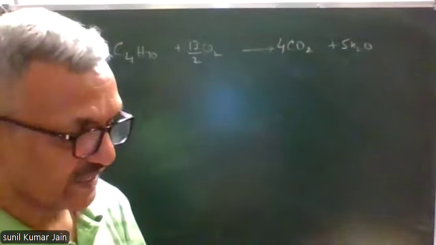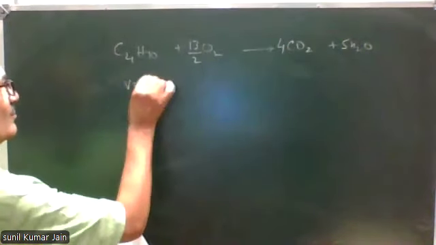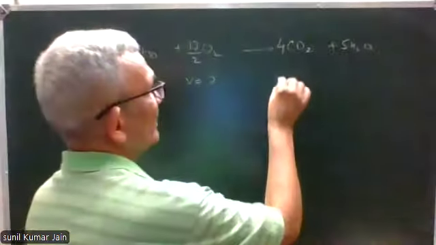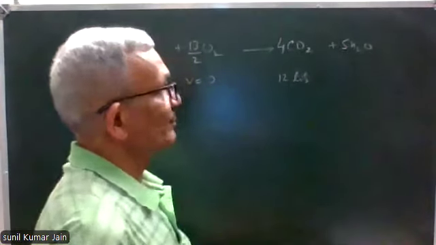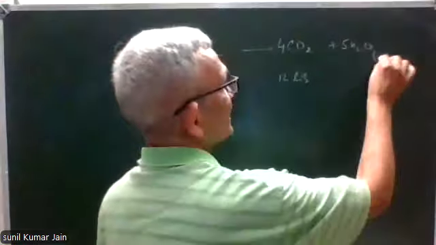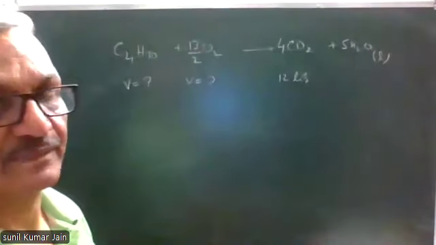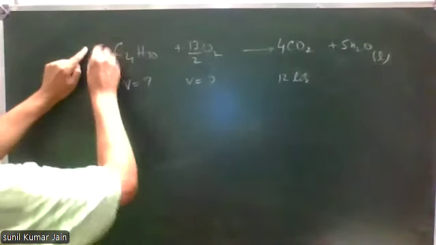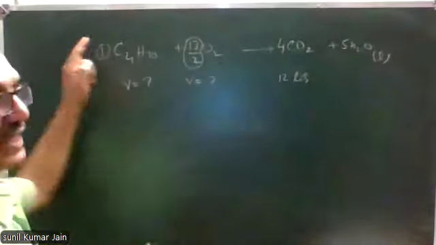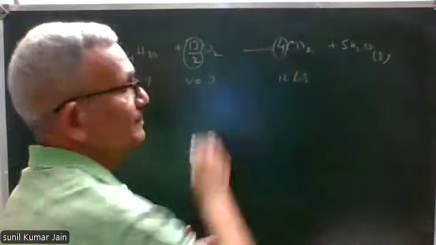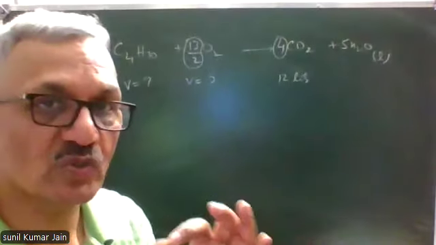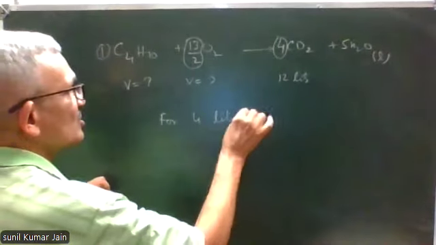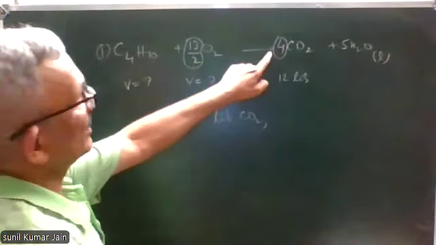Question is, calculate volumes of butane and oxygen required to produce 12 liters of CO2. Water is a liquid, water is not considered here. Rest everything is gas. See, according to the equation, ratio is 1:13/2:4, that is 1:6.5:4. So I can use unitary method. For 4 liters CO2,